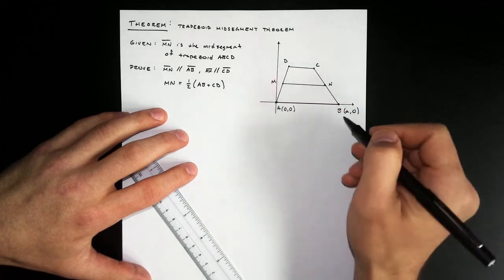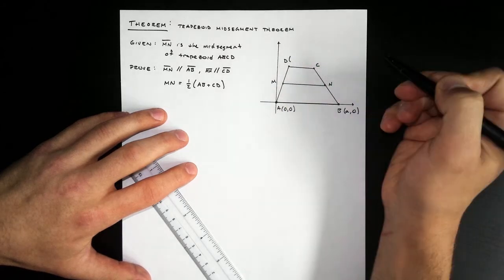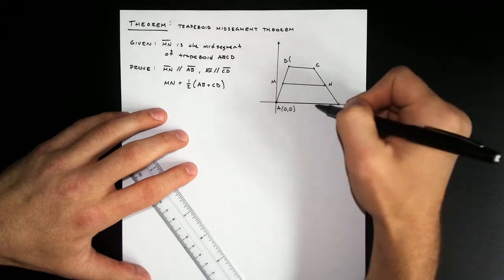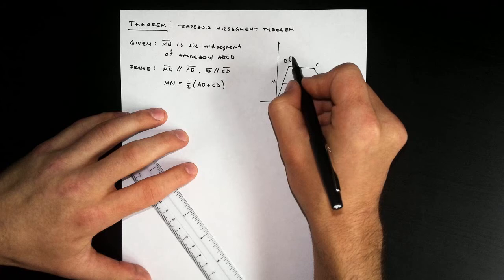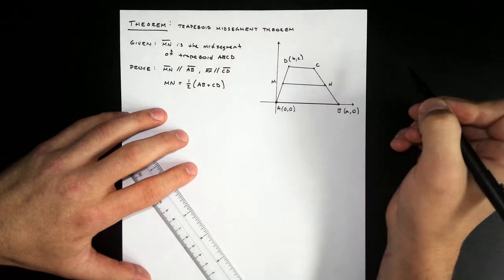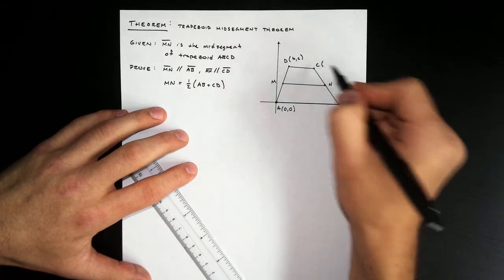Okay, and then up here, D. So it's not on the x-axis, it's not on the y-axis, so we just need two values here. So we'll say this is b and c. And then for our last point,